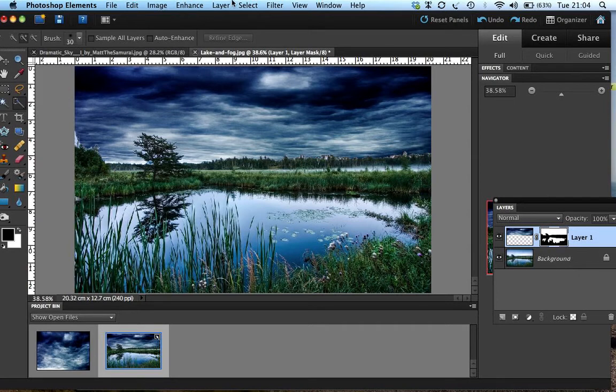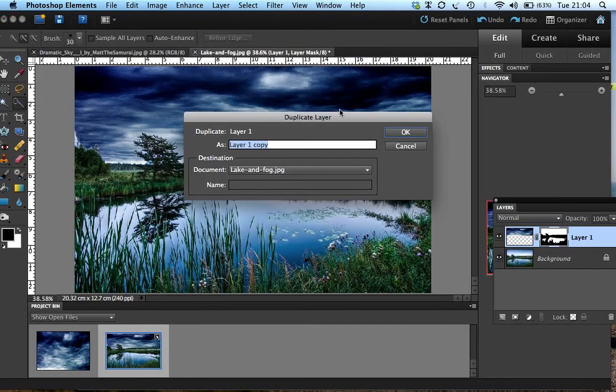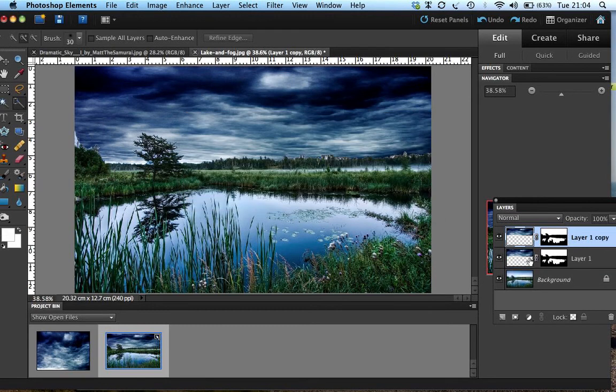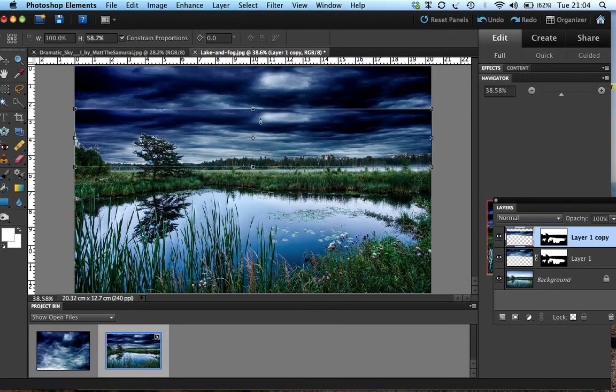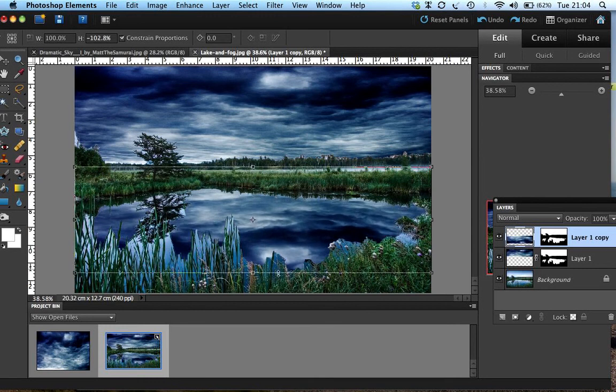So obviously we need to get the sky into this white area, which is the mask in the water. So the way to do that is to go to Layer and Duplicate Layer. Just click OK when that window pops up, and go over here to your layer that you've just created. You can see there's a little chain link between the sky and the mask. If you just click on that to switch it off, and then go to your move tool just to select the sky, and go up here again to the little box at the top center of the sky and just drag it down, and you'll see it coming through the mask that you've created. So pull it right down to